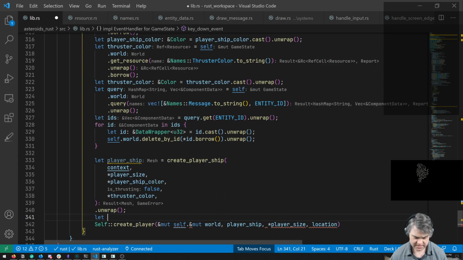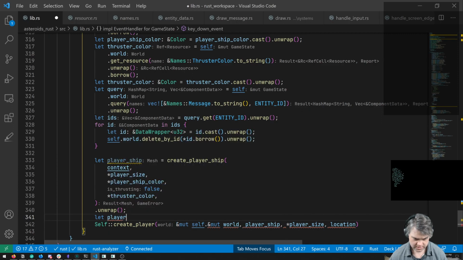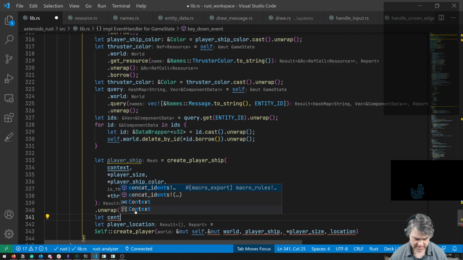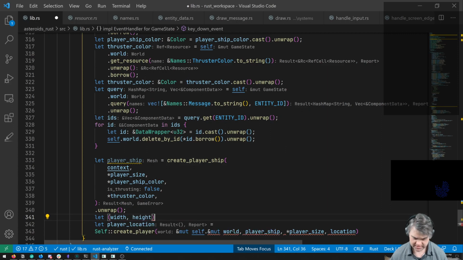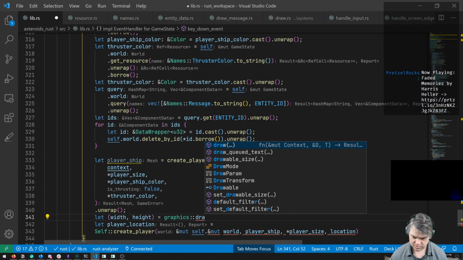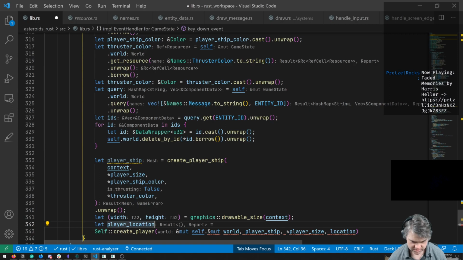So let's do player location is equal to, so let width height equals graphics variable size and the context. So you're going to be a full point.